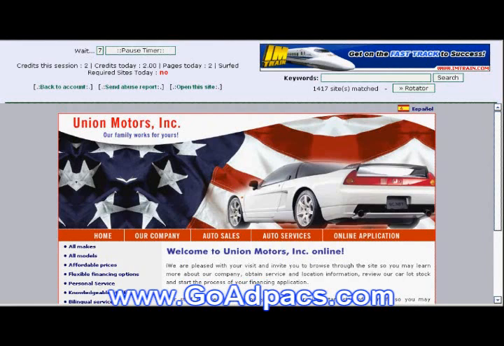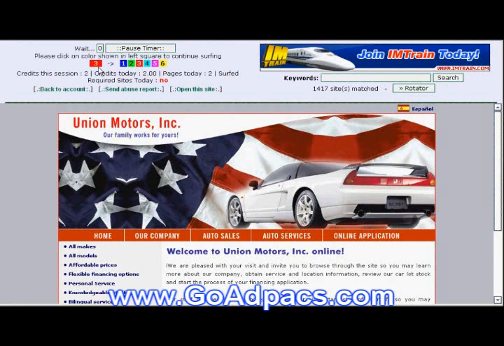See that number 2 up there? It's telling me I have to click on 2, and the reason for that is to prevent any robots from doing the surfing for you. Because as a member, you're not forced to look at websites each day, but you are encouraged by the almighty dollar, because